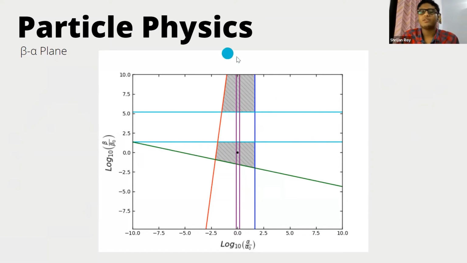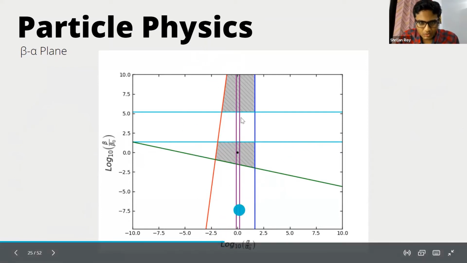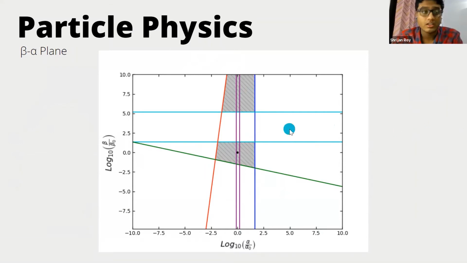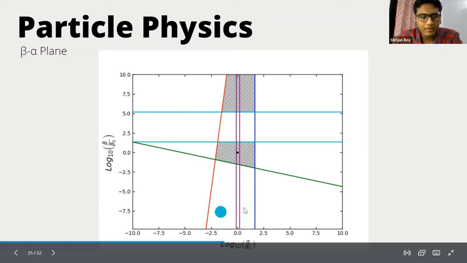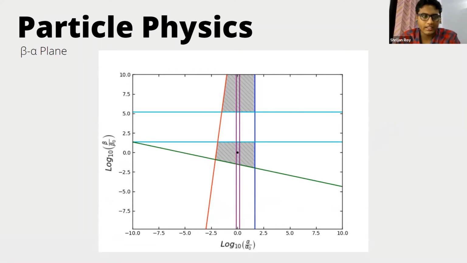So using some more equations and some more constraints, we obtain this parameter space. You may see that this dot here is our universe, and these two small lines are the GUT consideration, grand unified theory consideration, if we take it into the picture. The axes show log beta by beta 0 and log alpha by alpha 0, where beta 0 and alpha 0 are the values of beta and alpha in our universe, and beta and alpha are the values of electron to proton mass ratio and fine structure constant in some other universe. So this is the existence space we get from here.